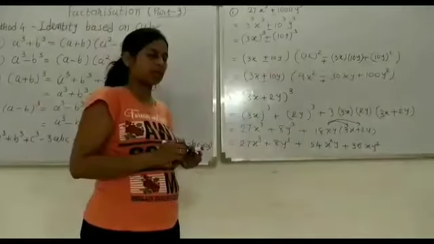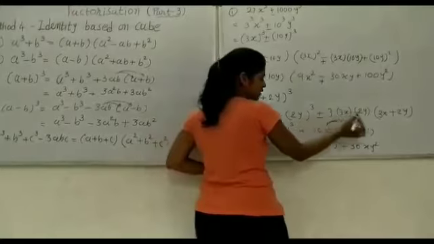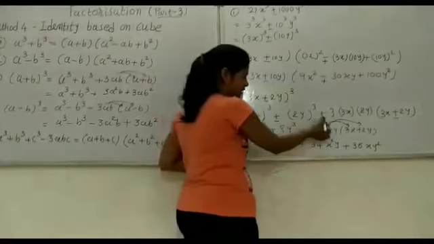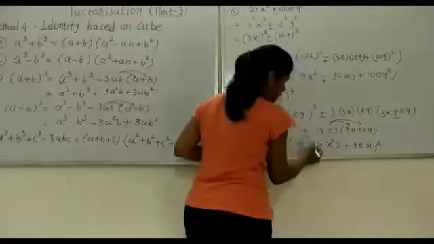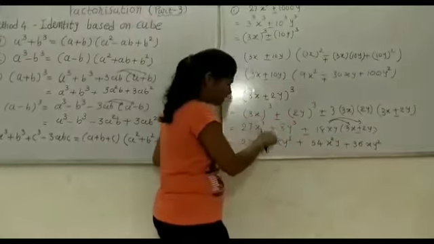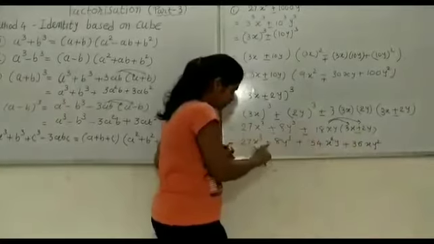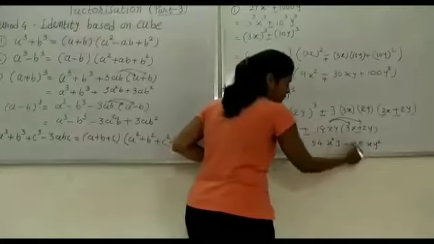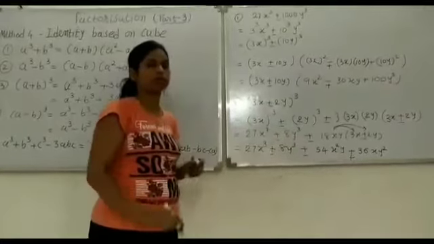18 2s are 36, xy into y, xy square. Now the same example for minus. You have to write a minus sign here, here minus, here minus, here minus. And whenever you remove the bracket, this is also definitely minus. This becomes a minus plus minus, and then minus in the next term. Sorry, here is minus, here is minus, here is also minus. And whenever you remove the bracket, here minus as it is, this minus plus minus, and this minus plus becomes. Now the same example for minus you can do this way.